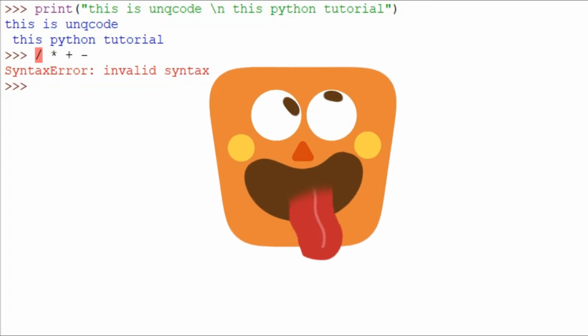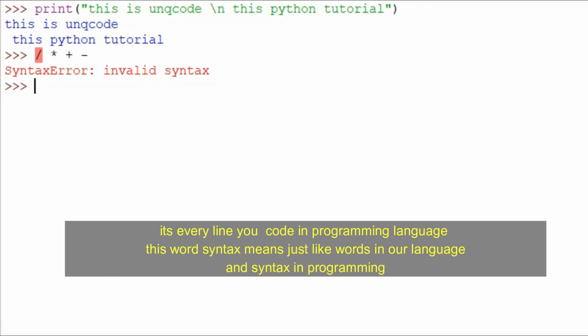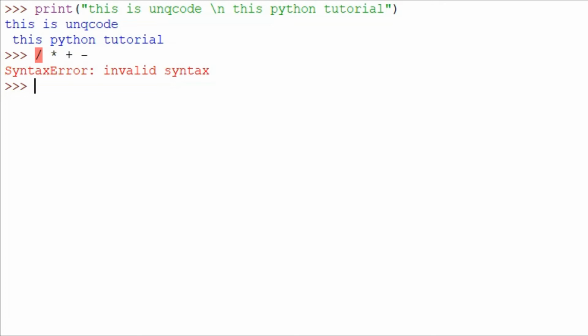A syntax error: when the syntax is wrong, it's gonna provide a syntax error. If you don't know about it, I'm explaining it. Basically, syntax is the line which you write, or instructions which you give to the computer. If you didn't see my first video of Python, the introduction to programming or what is programming, make sure you see it. And let's come to the operators.